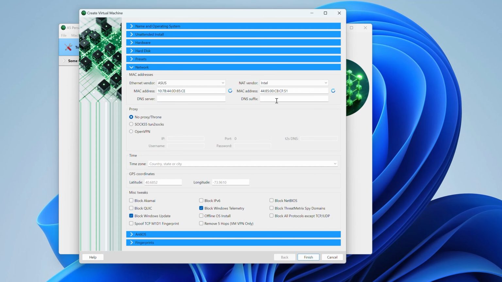DNS suffix is a specific setting that is necessary in very rare cases. It allows you to completely mimic the provider. DNS suffix is used when real DNS is not available. Well, let's just say with a small reservation. Imagine that we enter here, for example, a DNS suffix LAN.